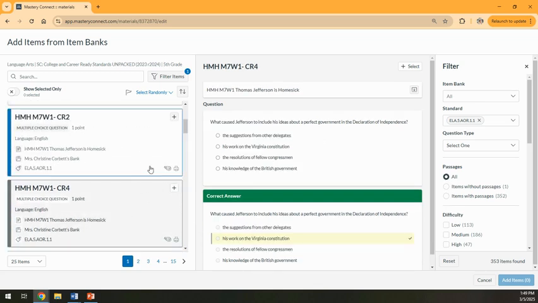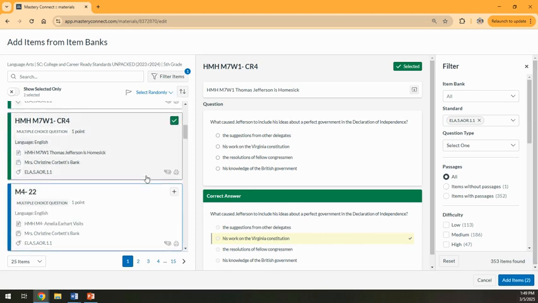Once I've found a question that I'd like to add to my assessment, I click this plus button here. You can also click on the select button here in the center window. When I add a question, I see down here in this blue box, Add Item 1 has changed. This indicates that I've added one item to my assessment. I'm going to continue going through the questions and adding additional assessment items until I have completed building my assessment. Once I've completed the process, I'm going to click on the blue Add